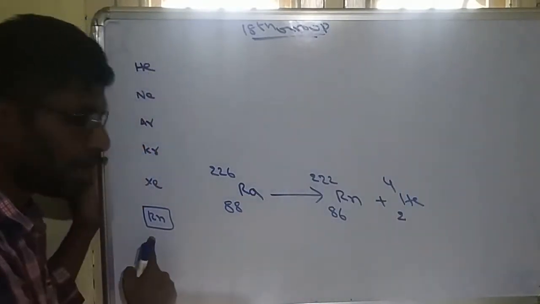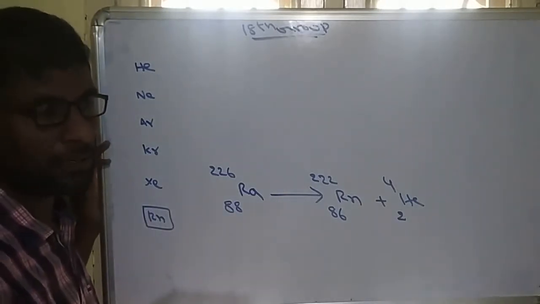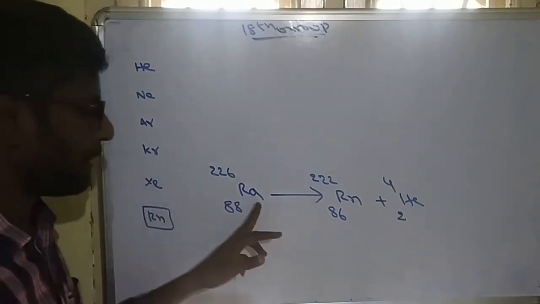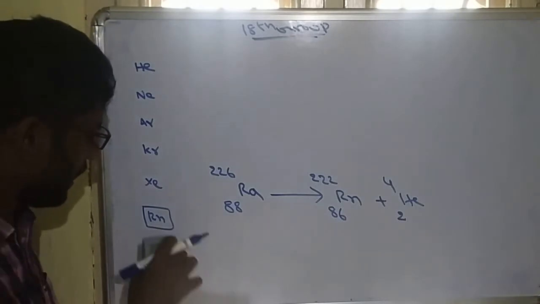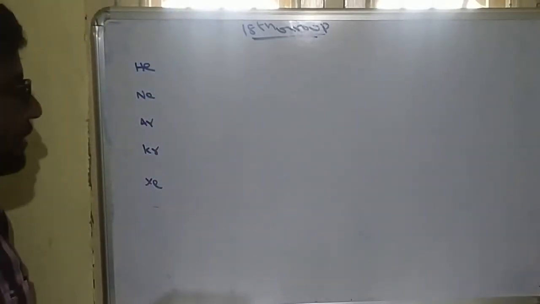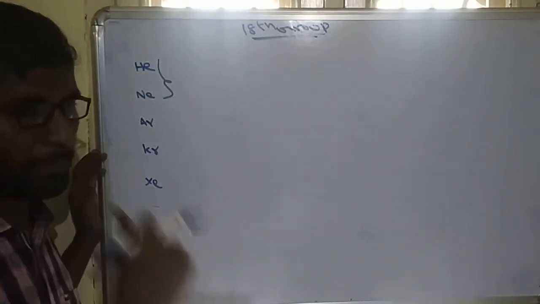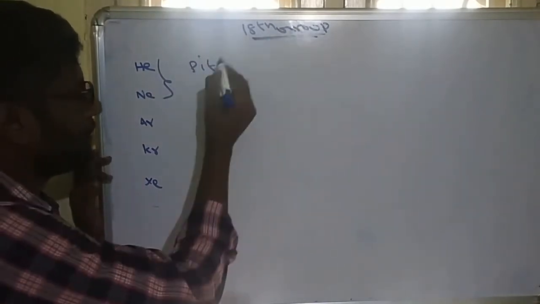So radon is radioactive. It is mostly used in the treatment of cancer by radiotherapy. It is a radioactive element, mostly formed by disintegration of radium. So except radon, all the remaining noble gases from helium to xenon occur differently. Helium and neon mostly exist in radioactive minerals like